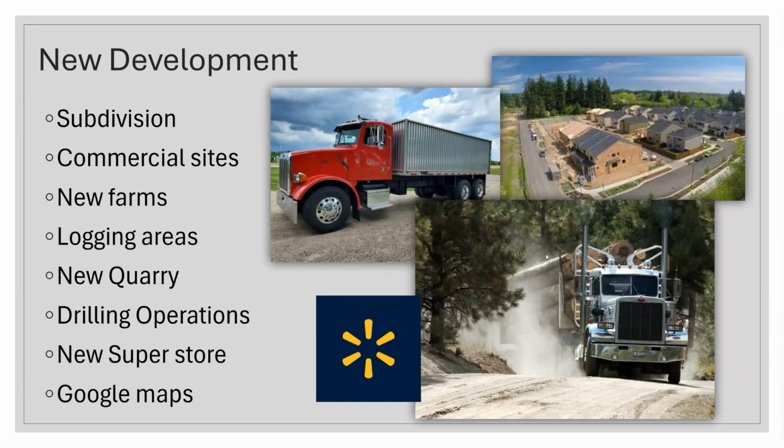Google Maps will tell you how to get from point A to point B, and they tell you the most efficient way. How can I get there the fastest? Or maybe you want to pick the shortest route. But whatever it is, they're trying to use that algorithm and figure out the fastest way for you to get there, because nobody wants to waste time. Sometimes that means taking a little shortcut or a detour off of the main state route.